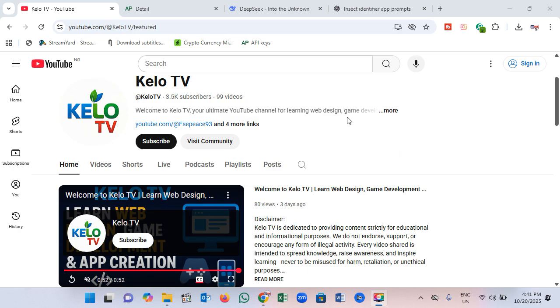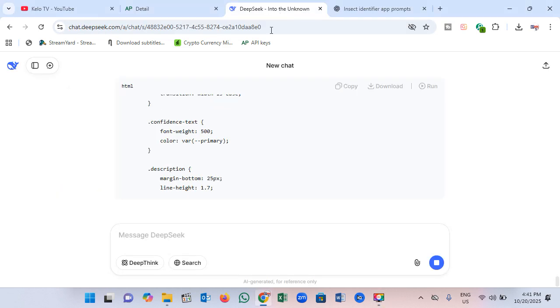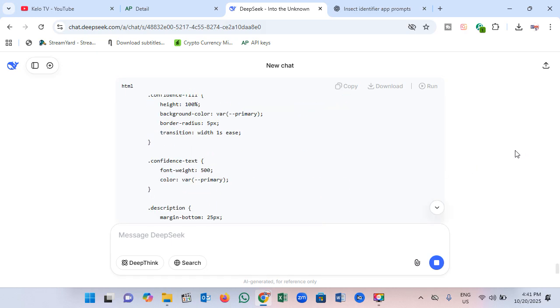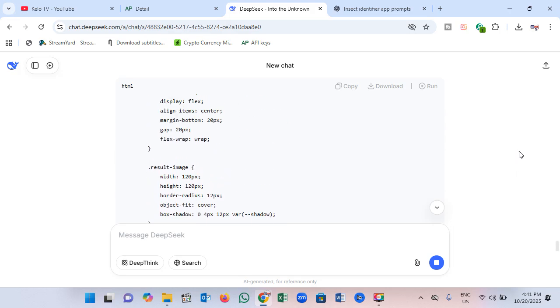In today's video, we're going to create an insect identifier app, where you can see the design. It's here running. First of all, let me show you